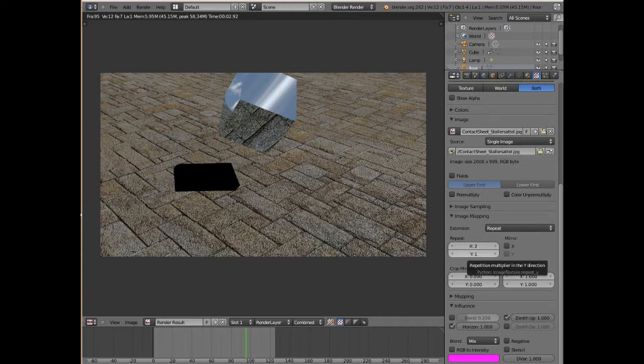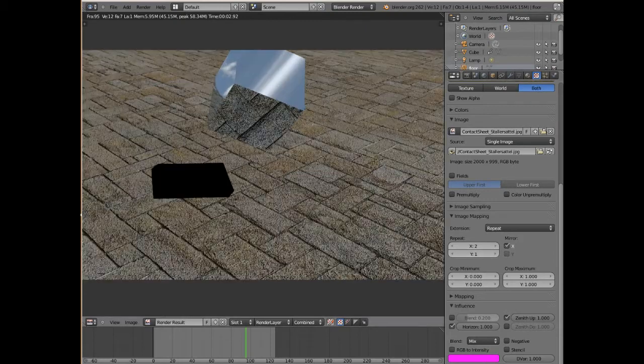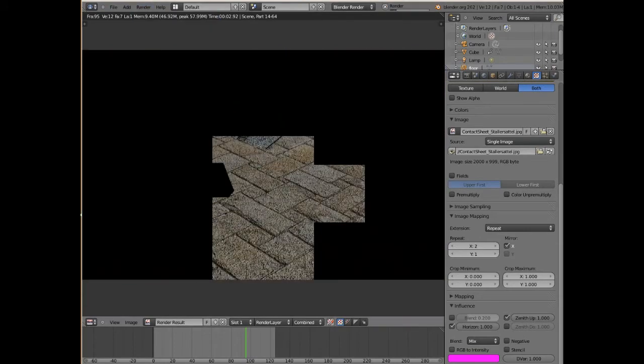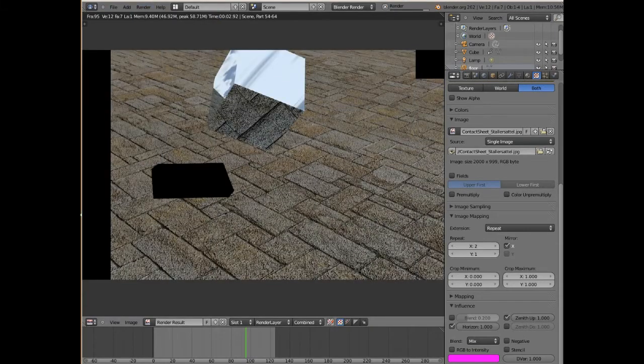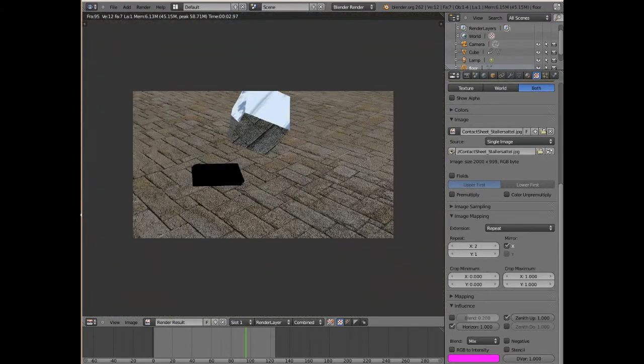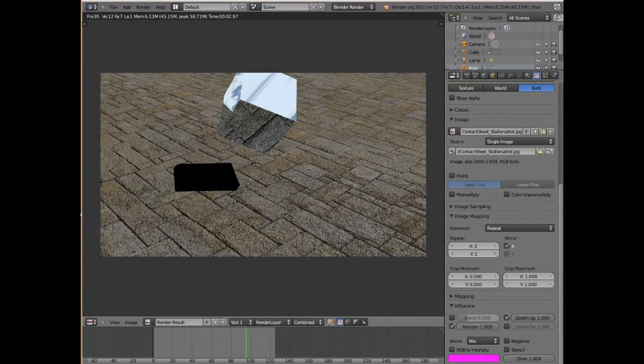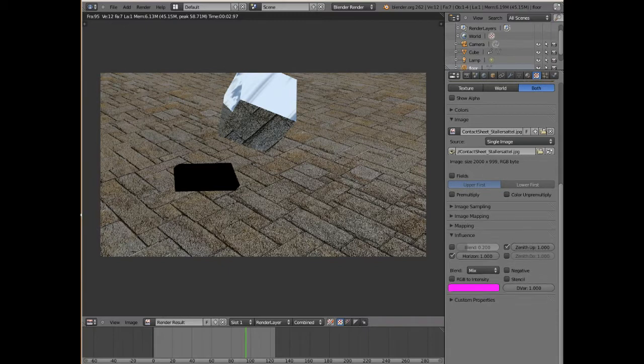You see where it says repeat, and whenever you repeat, if you're going to repeat it twice, it's a good idea to do mirror X. And I've turned up the Y, which we didn't want to do because I did that automatically, but never mind. And we'll re-render that, and I think that looks a bit better because the clouds are bigger, but it's probably not the optimum thing. What we really want to do